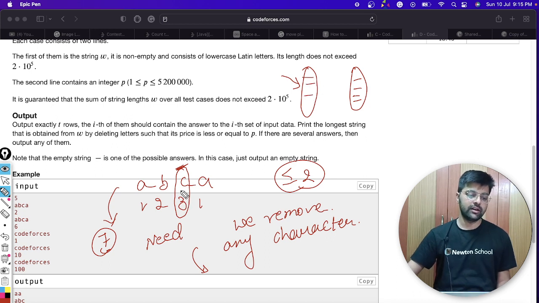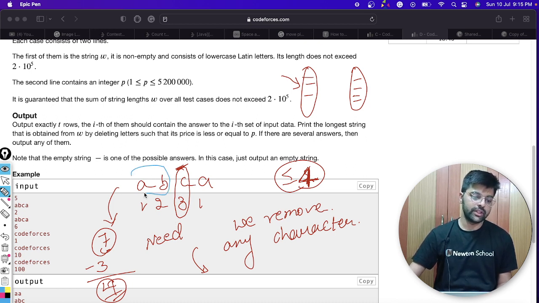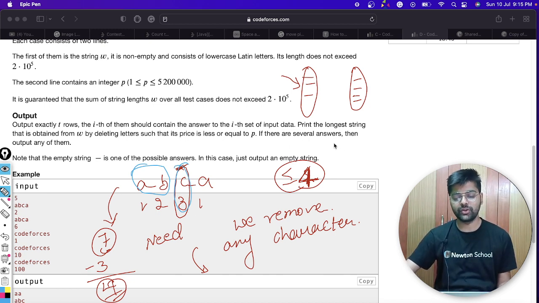So let's say the total score is 7. If I remove C, then our score will become 4. Let's say we had to get a score of 4, and I am changing the problem a little bit. Either we can remove A and B together, or C. So what will be the better character to remove?